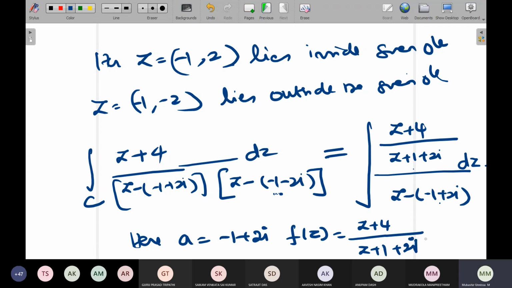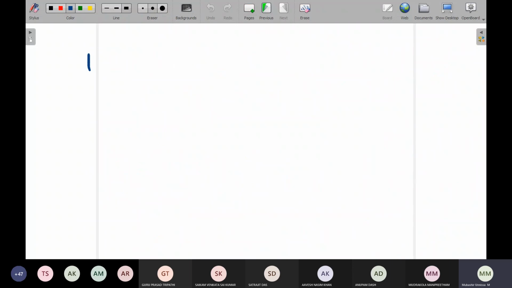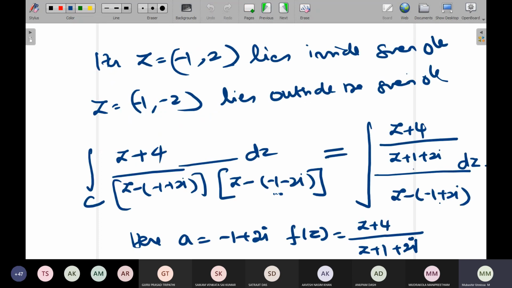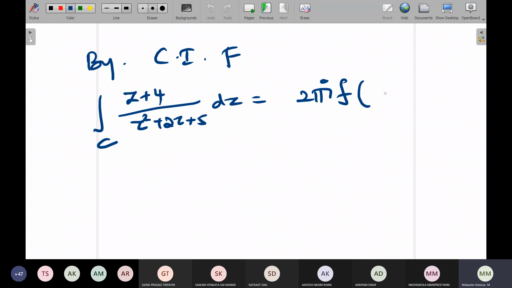Now, by Cauchy integral formula, integral over C of z plus 4 divided by z square plus 2z plus 5 dz, you can write it as 2 pi i into f of a. What is your f of a? f of a is -1 plus 2i. Now this will be equal to 2 pi i into